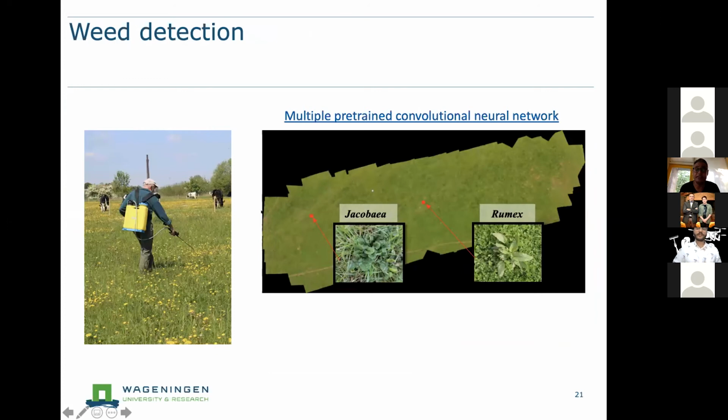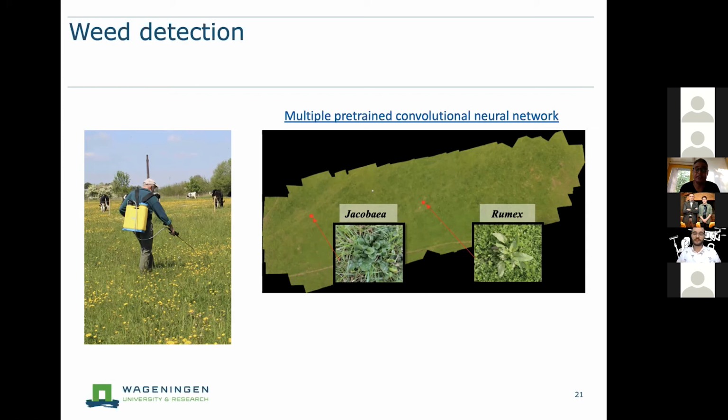Another nice application, also working with our neighbors, the Germans, is an application in the last crop, grasslands. We have jumped from the cauliflowers, and now we are in grasslands. There is a problem: poison weeds. These weeds are very dangerous to the animals. Many of them die every year, horses, cows. So there is a need to eliminate these weeds from the grasslands.